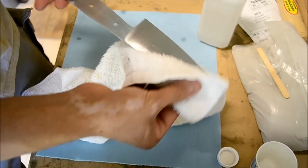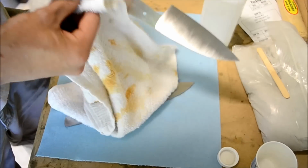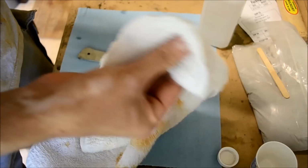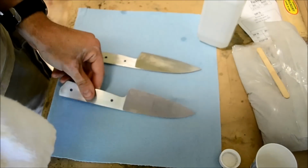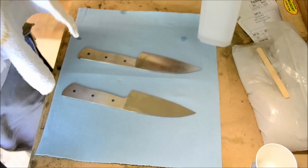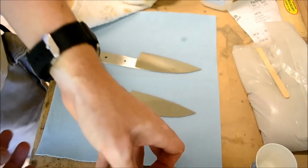And I usually just hold it by the back, because it's okay back here because none of the clay or anything is going to be up here. So just wipe it down all around, and that's the first step basically. And the second step, let it dry and get yourself some